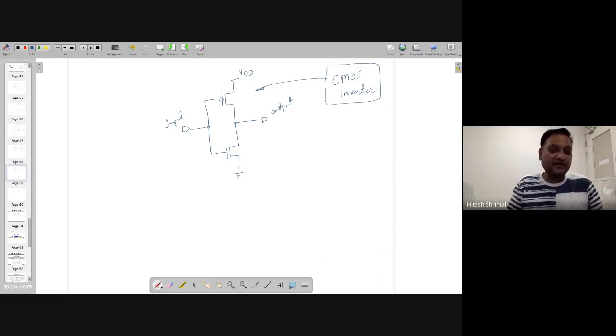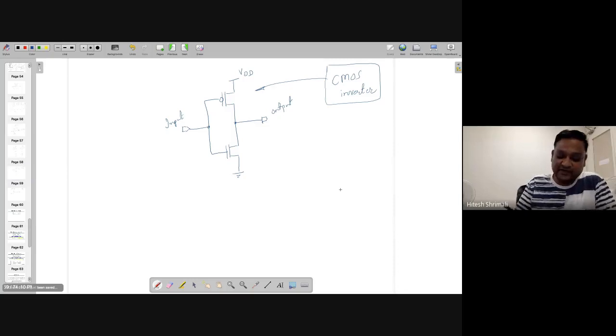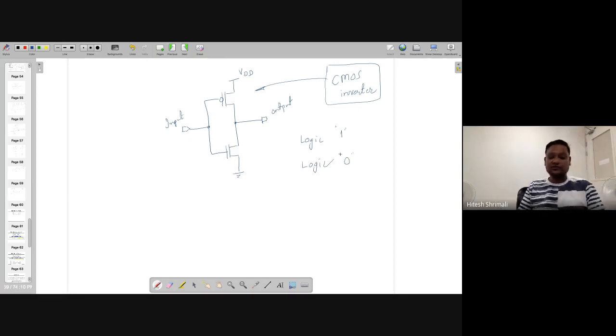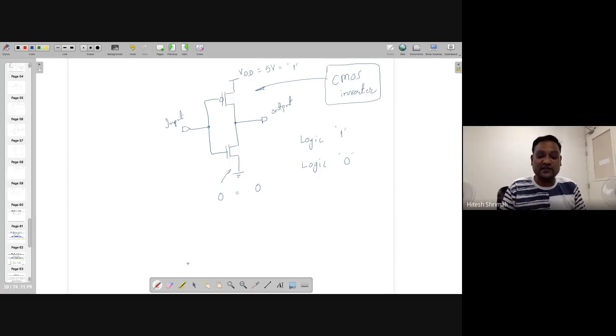Anyway, this is a CMOS inverter. Generally, when we are talking about noise margin high or noise margin low, we have to understand how we are defining logic 1 and logic 0. You cannot randomly choose that 0 volt equals 0, and VDD, let's assume it's 5 volt, equals digital logic 1. But what if it is 4.5 volt? Are you going to consider that as 1 or 0 or something else, or a high impedance case?